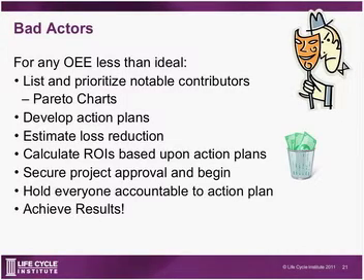Based upon those action plans, maybe we want to increase our mean time between failure of a pump from 1 year to 2 years, and we can do that. Our action plan is to change our type of pump or change our material of construction. We want to understand and estimate where our gain is, estimate our loss reduction, and then calculate the ROI based upon that estimate.